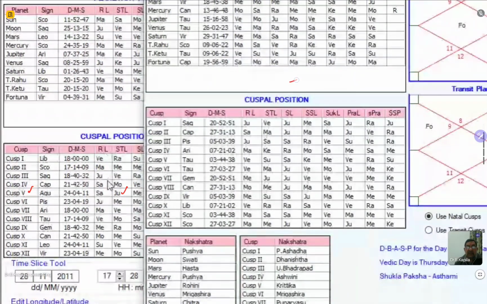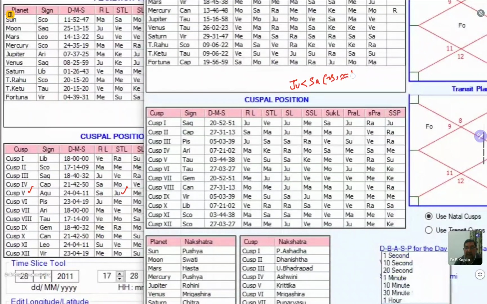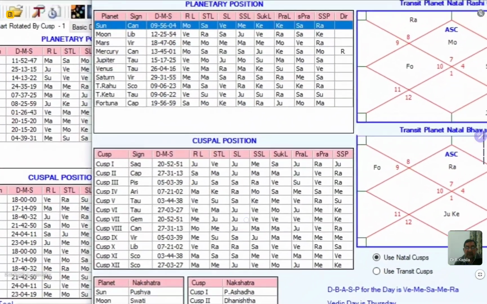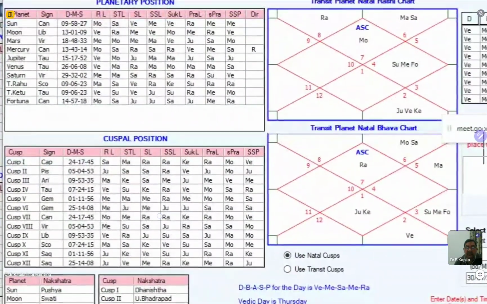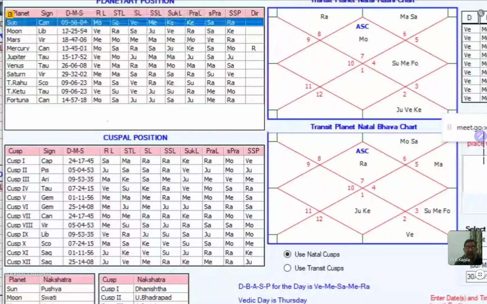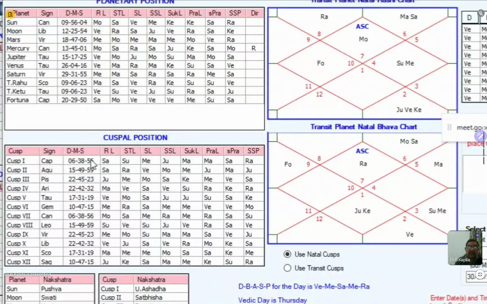It means the sign that will rise on the ascendant instead of Sagittarius should be either Capricorn or Aquarius, the lord of which is Saturn. So I'll have to change this sign, and for this purpose I have to change it in hours. Right? Now when I take the case of Capricorn,